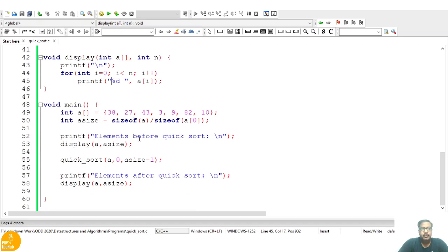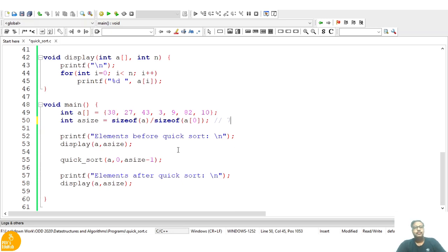Then the same elements that are available in the notes that I have presented, I have placed here, and to know the size of this array, a size is equal to sizeof(a) by sizeof(a[0]). So it will be around 7 elements.